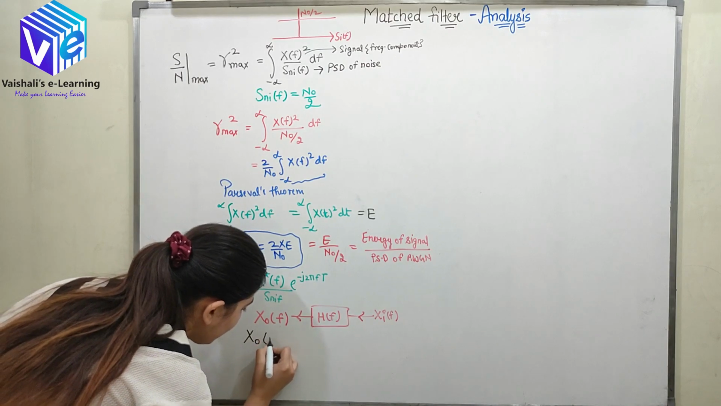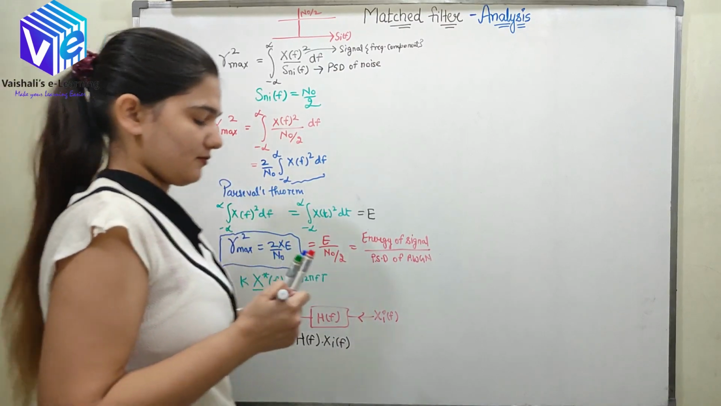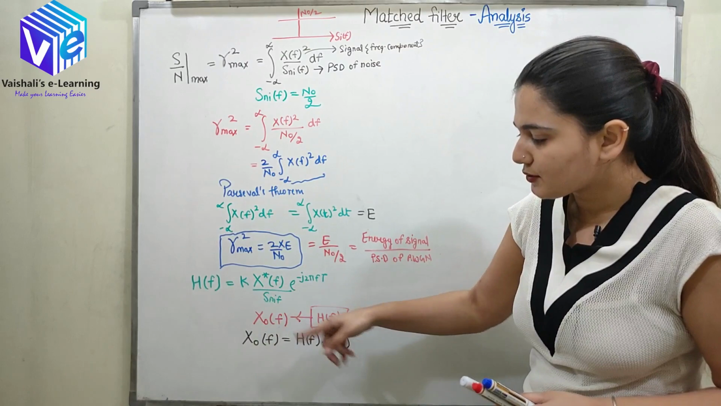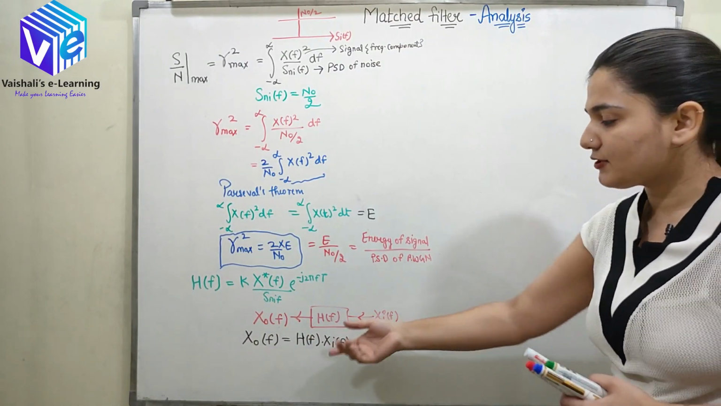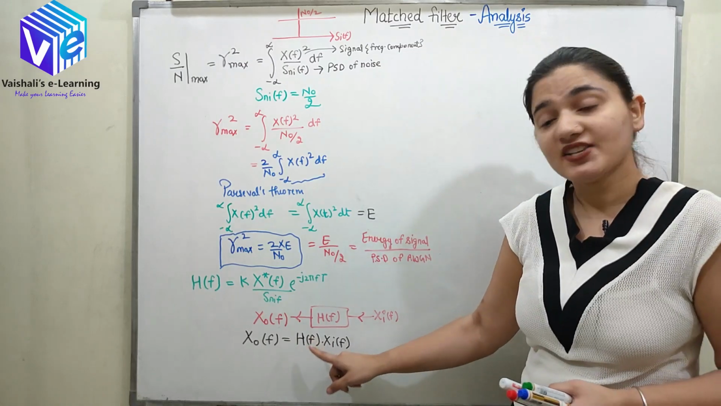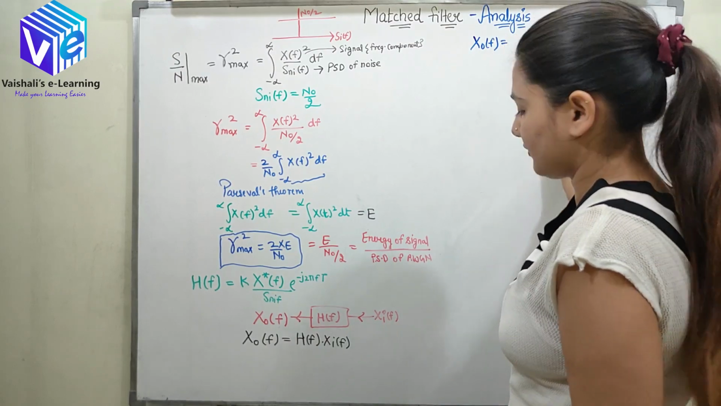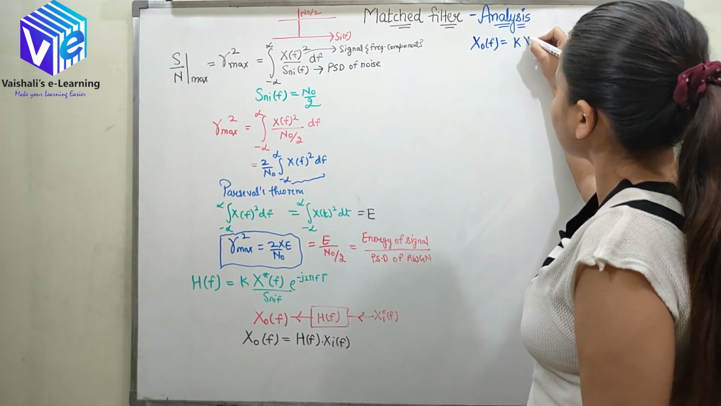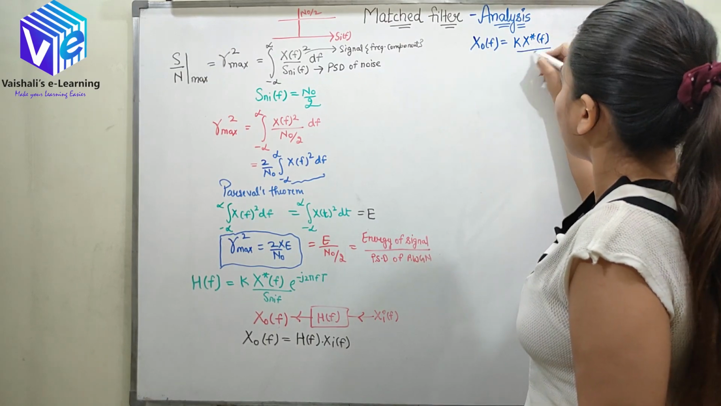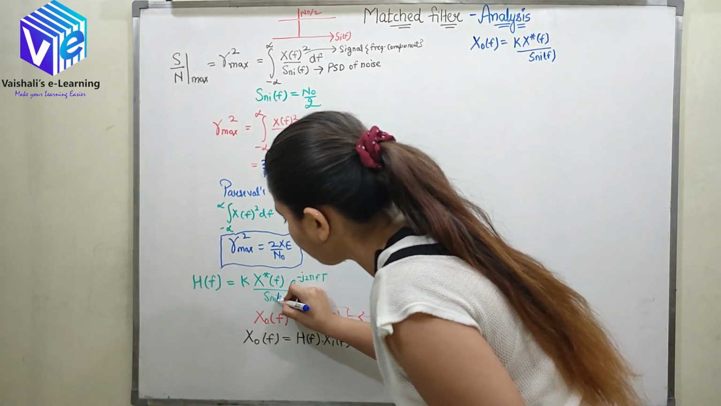So I can write it as, so now I know H(f) is this, so what I can do, I have to analyze this function also. So in this equation I'll replace H(f) with this equation. So H(f) was K X*(f) upon S_n(f), this is in brackets,